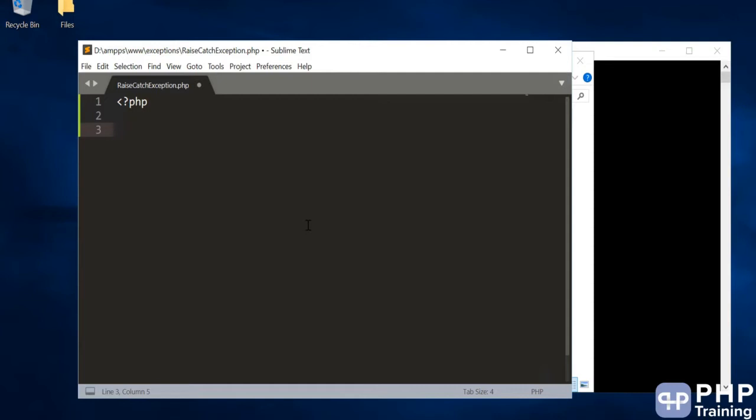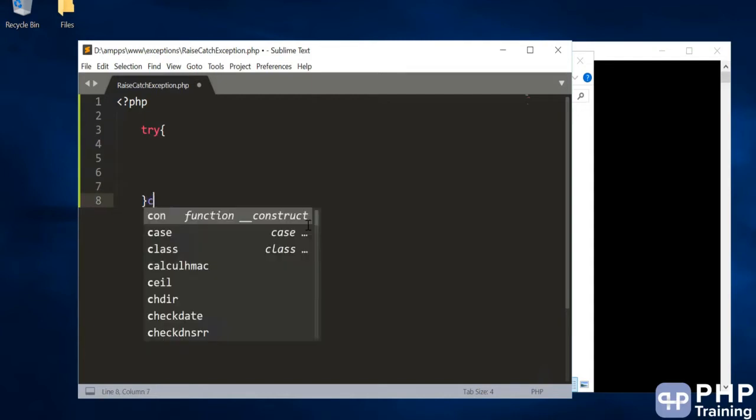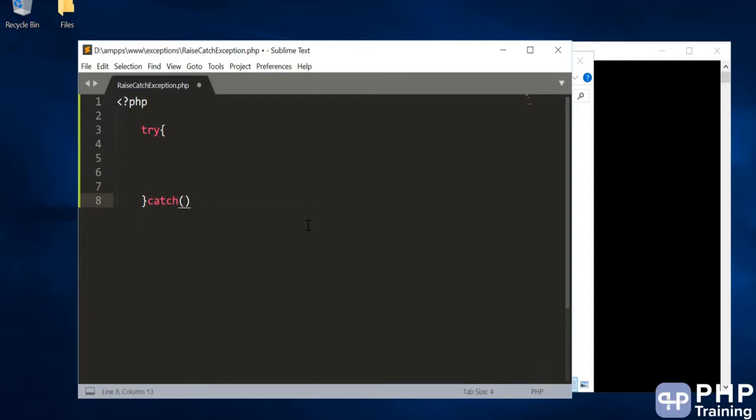So how do you write a structure to catch the error? For that you have something called the try keyword. Whatever you write inside it, it will monitor for errors. And if there are any errors in this block, it will catch them using a catch keyword. Catch is basically another block. So if there is an error in the try block, it will jump to this block.